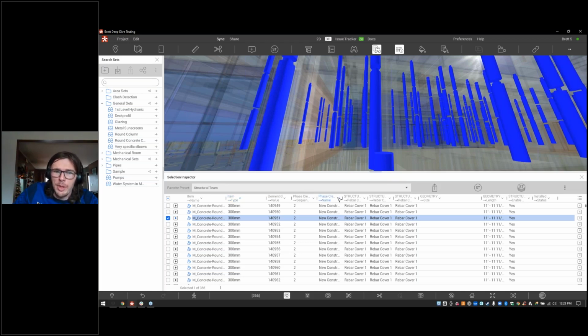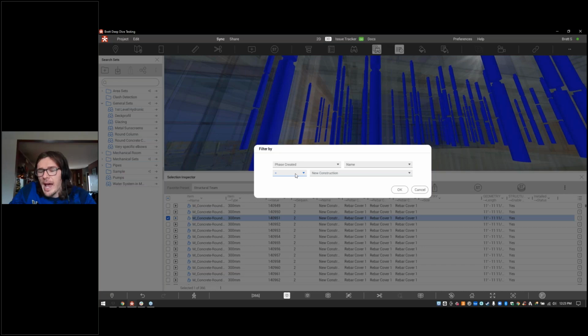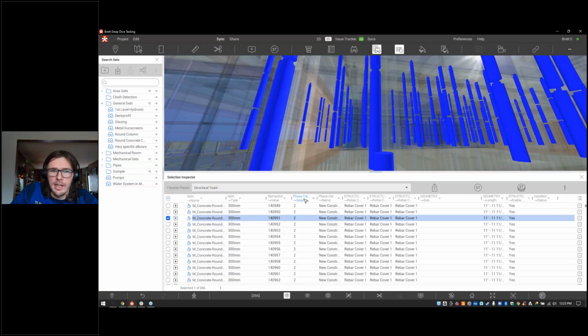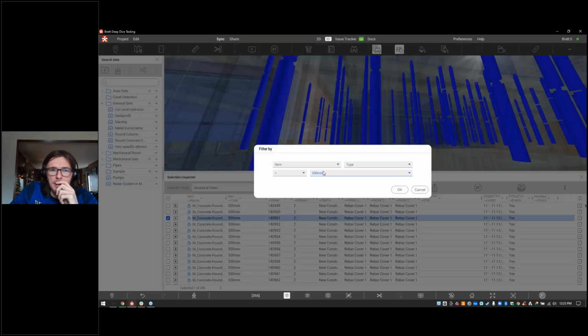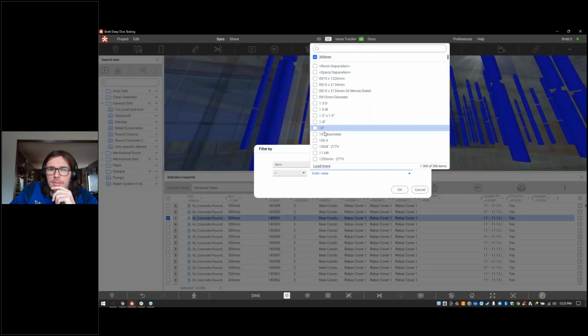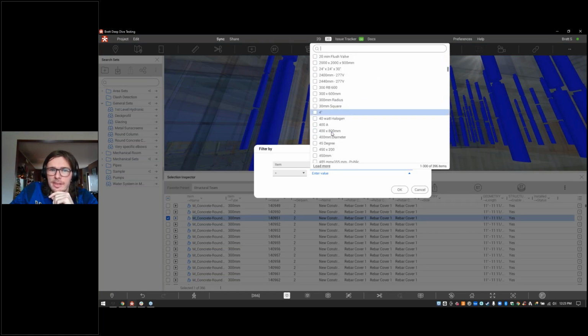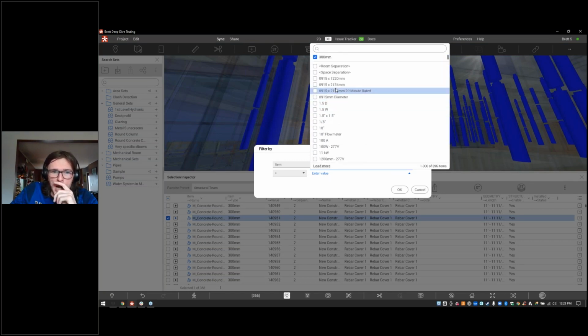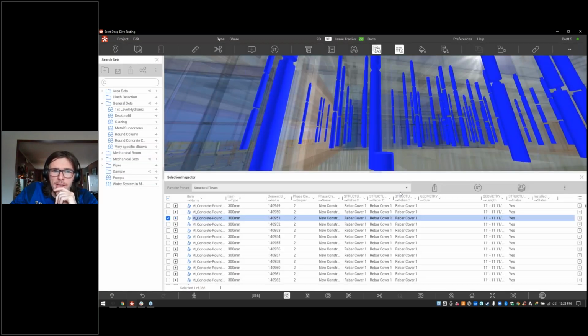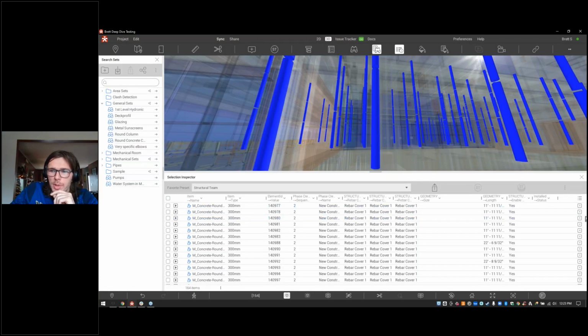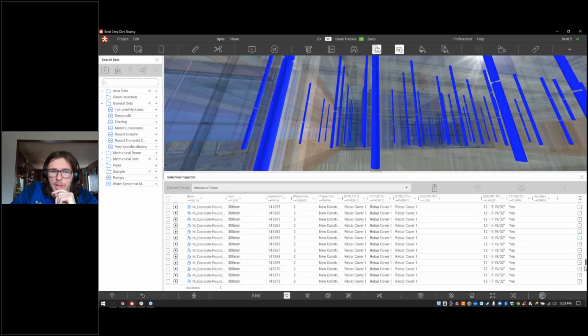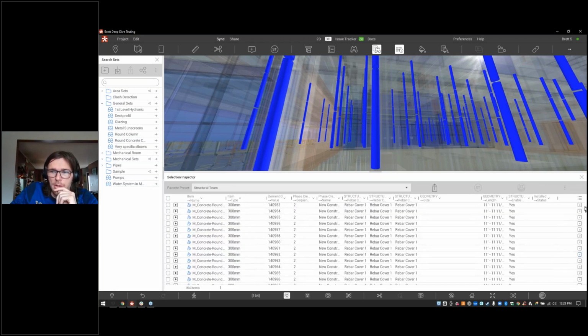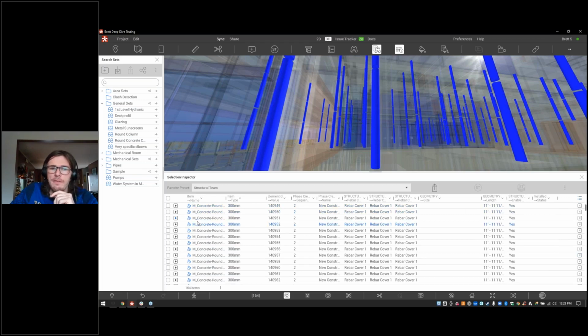And then you'll also have the ability to filter within inside of each one of those in order to recover various items that you may need in here. So if I want to go to item type, here I can see the various element or the various sizes that are available to me in the project. And I can say 300 millimeter, just like we have right there, say okay, and it's going to filter out and only display to me all of those 300 millimeter columns. So it's gotten rid of any round column that does not fit that exact